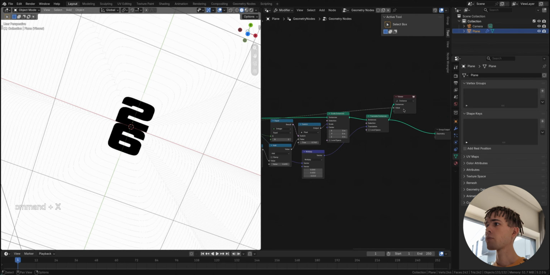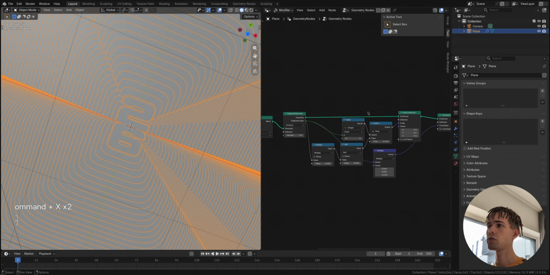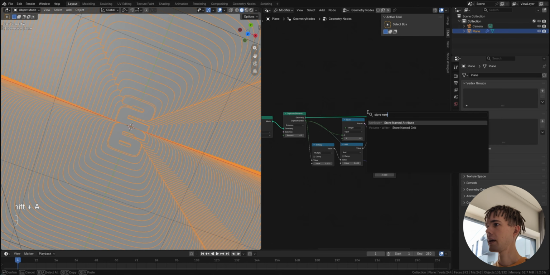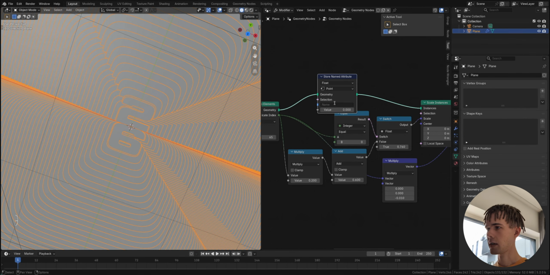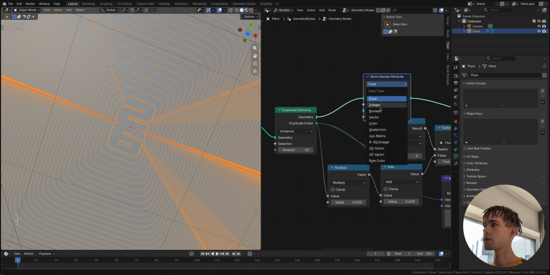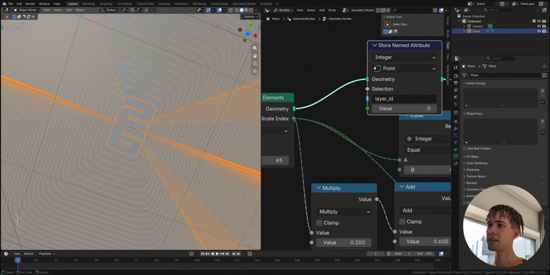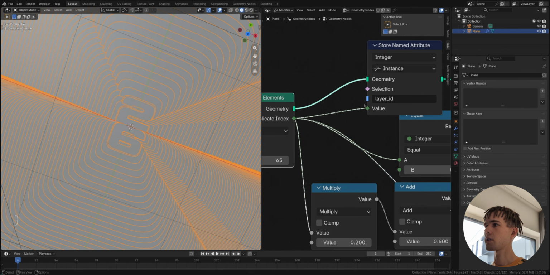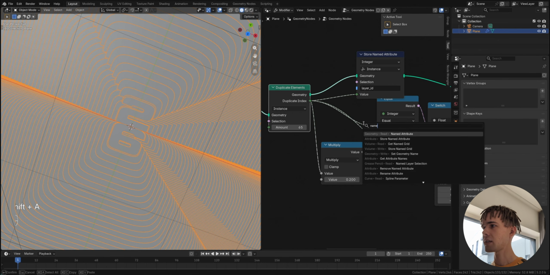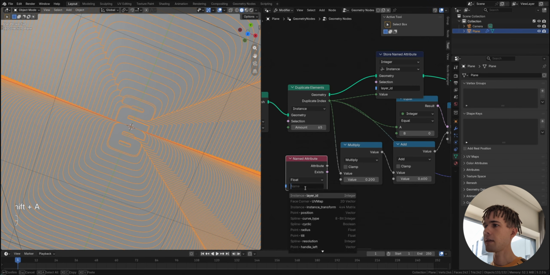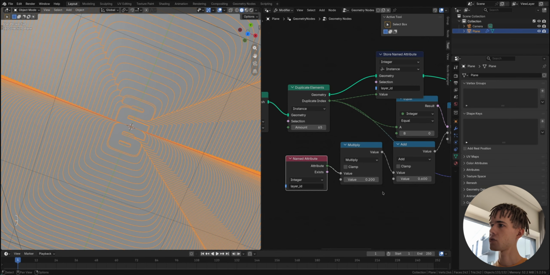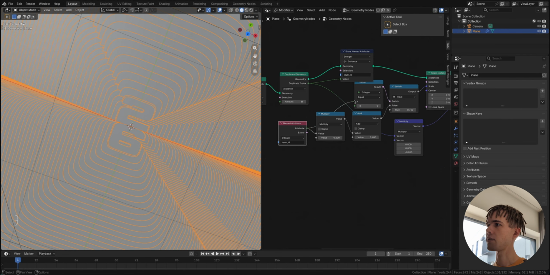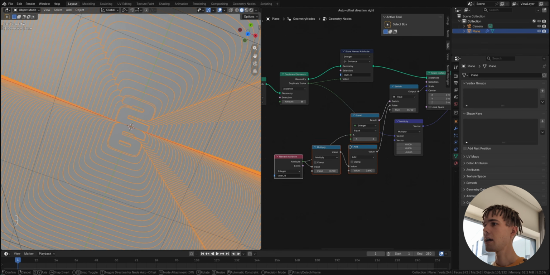To use this in shaders, what we need to do is first store it as an attribute. So I'm going to take a Store Named Attribute, put this here, and call this layer ID. Store this as an integer, because this is what it is, an integer attribute on each instance, and connect this one here. And now we can just take a Named Attribute node, select layer ID, and connect this to the system that we have here,